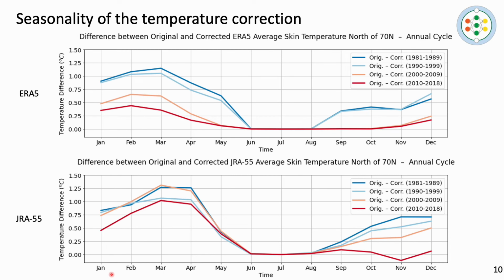We can now move to longer time scales, so leaving the observations aside, and have a look at the differences between the original and the corrected surface temperature when integrated over the whole Arctic. Here I'm showing the seasonal cycle for the 4 decades covering the reanalysis period that we considered in this study, and these are plotted in different colors here. We see that the correction brings the temperature down by up to 1.2 degrees with a peak in winter, and basically a null effect in summer, where the temperatures are very close to zero anyway.